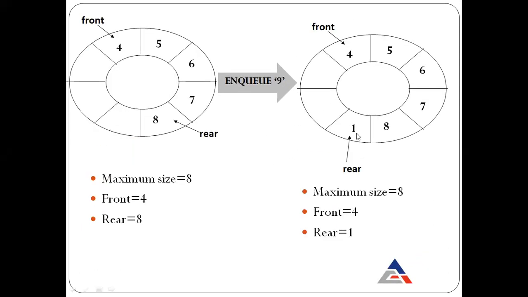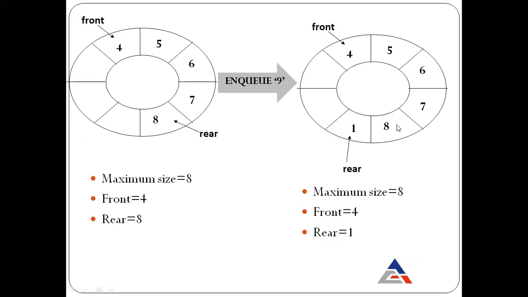Then the rear will become 1. 1 means at first location I'm going to add the new element. Now you can see it become a circle. Again I come back to first location. After the last location, my last location is joined to the first location because the first location was empty. Now if I want to add some new element, that new element will be added at the first location because